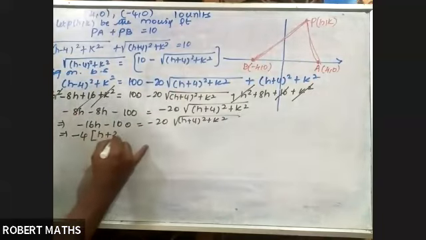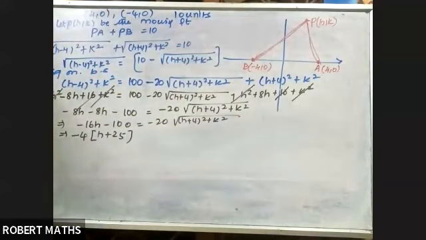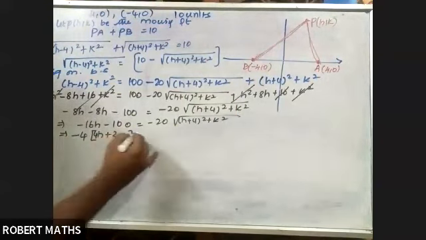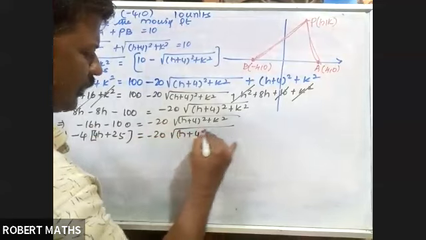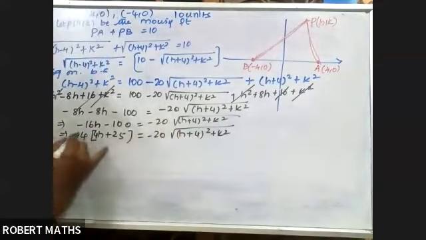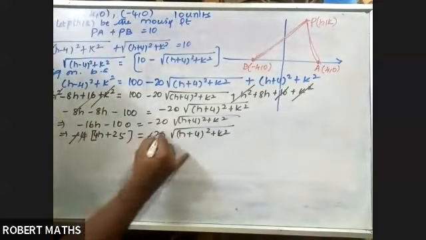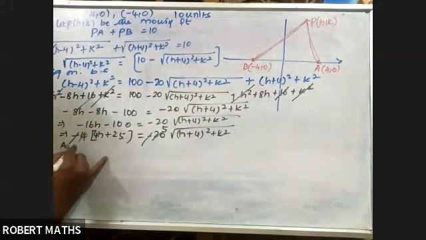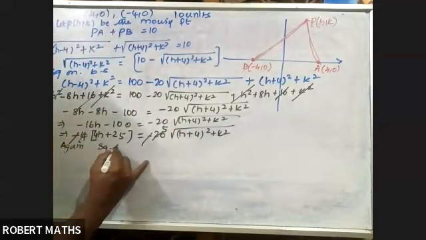We'll get 25 here, right? So h is 16, it will go 4 times 4h plus 25, correct? 4 out of that's 20, minus 20 into square root of h plus 4 the whole square plus k square. Now you can cancel minus minus 4, it will go 5 times. Again squaring on both sides.